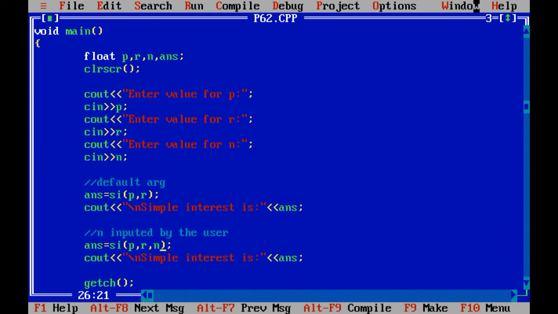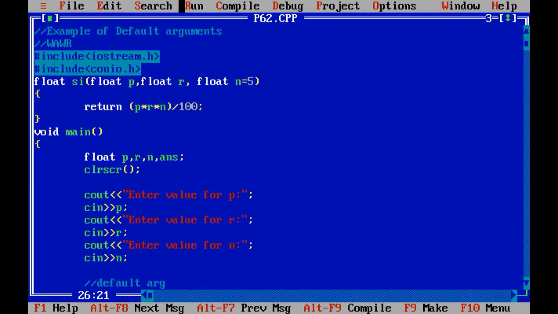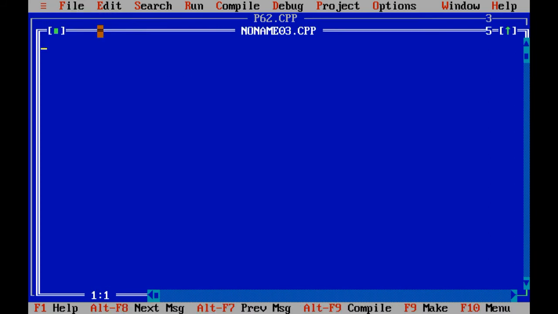So I hope you have cleared the concept of default argument. One more program I want to show you regarding the default argument. After that, we are going to complete the given topic, that is the example of default argument. That is the second program based on the default argument. In default argument, you just need to remember 2 things only.